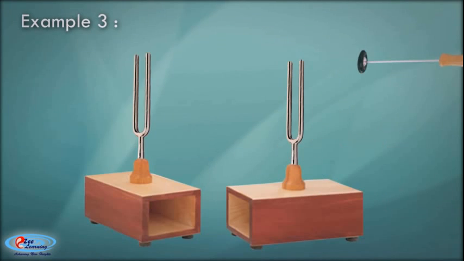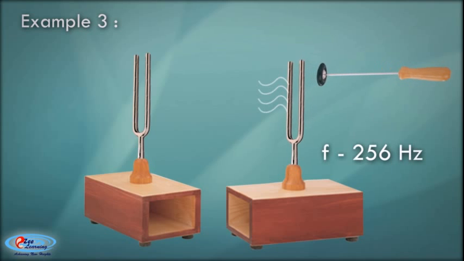Now, suppose that a tuning fork is mounted on a sound box and set upon the table. And suppose a second tuning fork or sound box system having the same natural frequency, 256 Hz, is placed on the table near the first system. Neither of the tuning forks is vibrating. Suppose the first tuning fork is struck with a rubber mallet and the tines begin vibrating at its natural frequency,